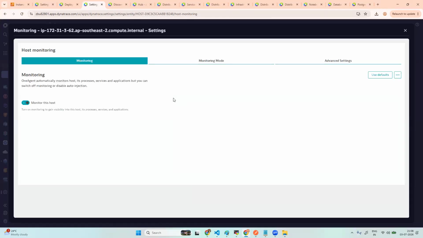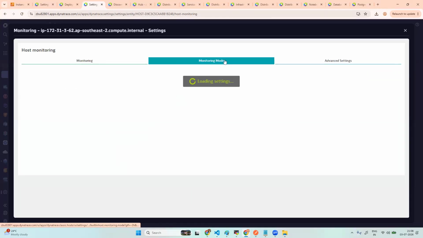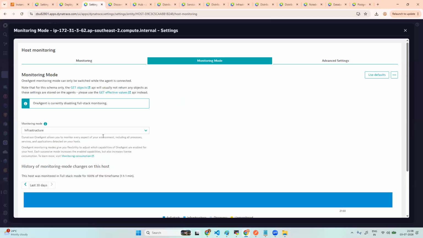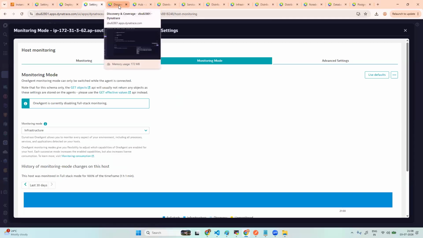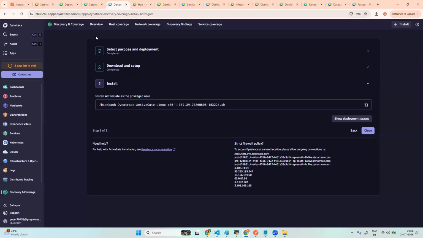What will happen is when you do that, automatically the Dynatrace OneAgent will get restarted. Application restart does not happen, only the OneAgent will get restarted. So now you are using OneAgent in infrastructure mode. If you go to host coverage,